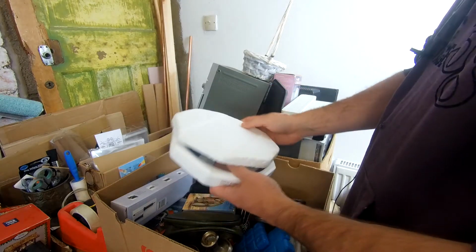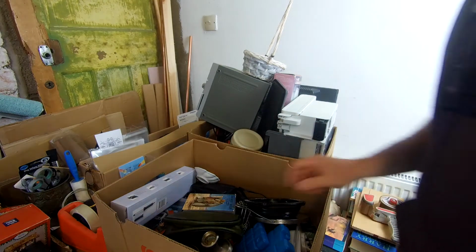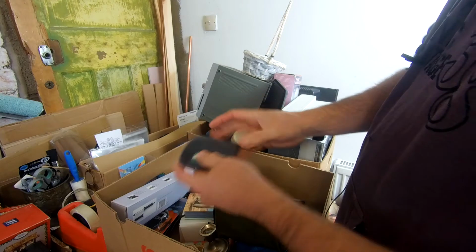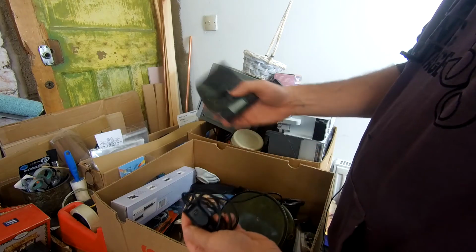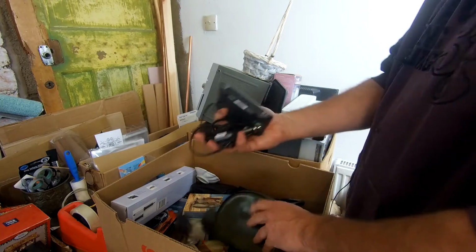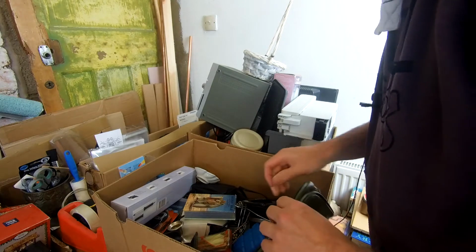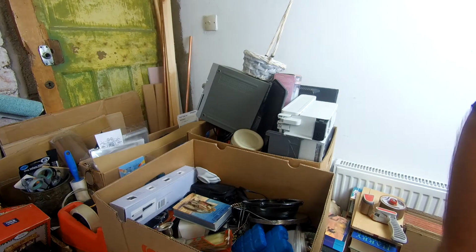Yeah, Princess Diana plate. Probably not worth anything. Little case here. What's in there? Oh, and we've got a TomTom. Don't know what model that one is. No memory card in there. What else we got? So, got the window mount for it. Yeah, got the window mount and the car charger. I don't really sell TomTom, so I ain't got a clue what that goes for, but I would imagine at least £20 or something. Where did that go? It just fell out. There. Yes, maybe just like another £20 for that. So, I mean, this box for £9.73